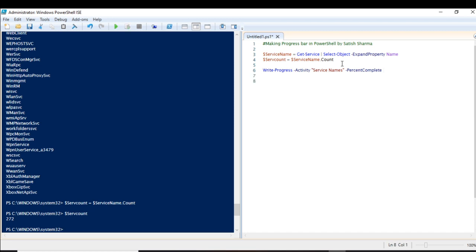So how will we do it? First of all, we will have to use a foreach loop. The foreach loop is one of the most powerful loops. If you really want to know about the foreach loop, I have discussed its use in my previous video, so you can go back to that and understand the details. I'm not going to discuss the foreach loop in detail here, so you can either go back to my video or just click on the I button, and it will take you to the video where I have discussed the foreach loop.